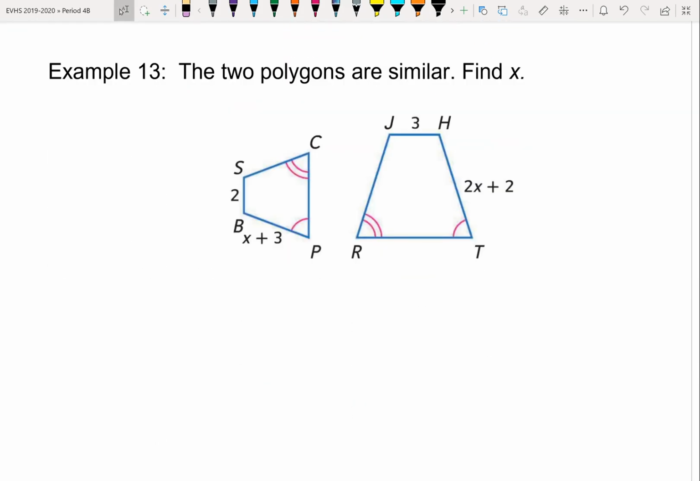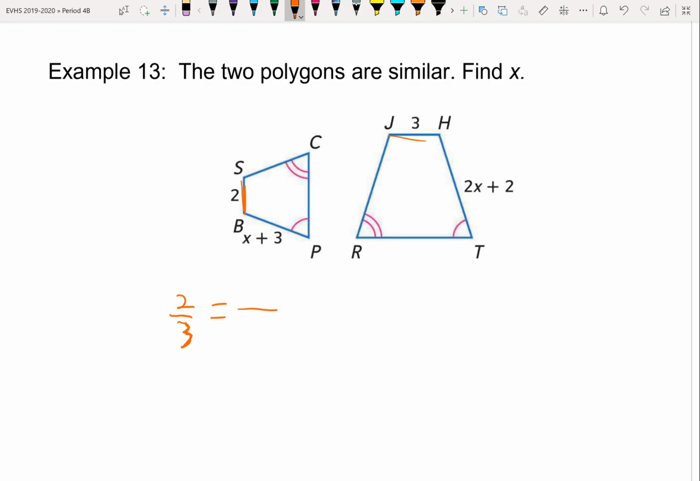Okay, these two are similar. Find x. Do I see any corresponding sides that are proportional? Yes. Where I know both numbers? Yes. Which one? S and JH. So I've got 2 over 3 equals,